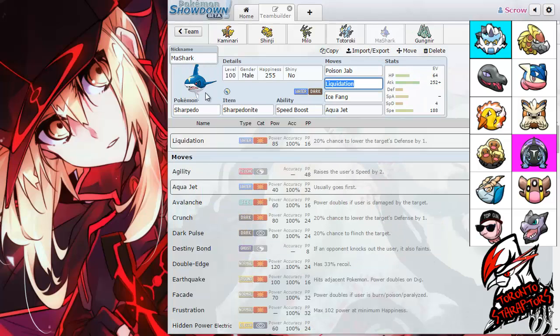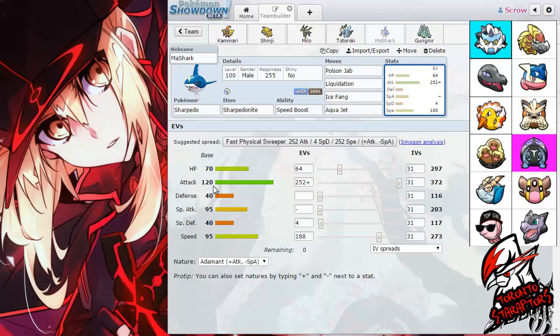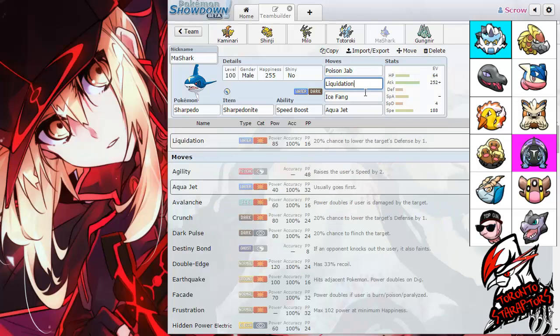And then up next we have Mashark the Sharpedo, packing the Sharpedonite obviously, and the ability Speed Boost with the moves Poison Jab, Liquidation, Ice Fang, and Aqua Jet. As you can see, this week I am not packing Protect on Sharpedo, as I actually do need all the coverage. Poison Jab is for his fairies, mainly the Tapu Fini,